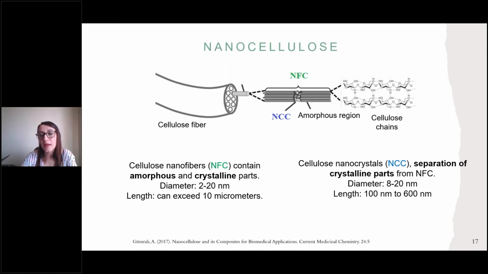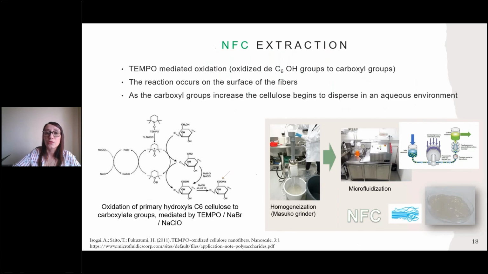by an extensive acid hydrolysis, you can separate the crystalline parts. The diameter is smaller than NFC, 8 to 20 nanometers, and the length can be from 100 to 600. The NFC extraction we applied for the